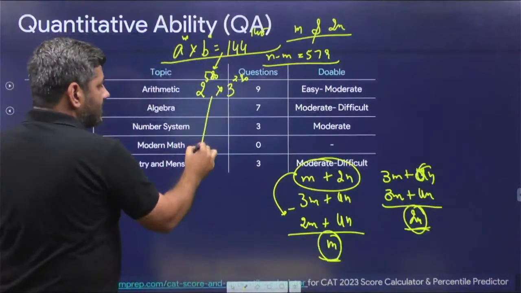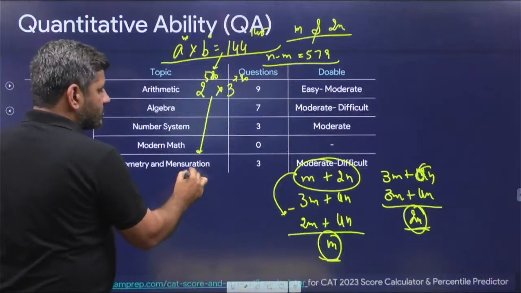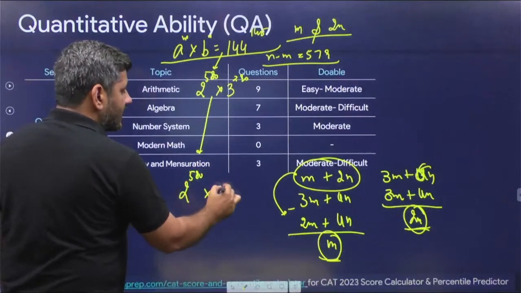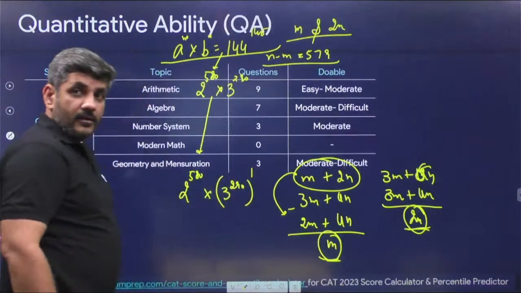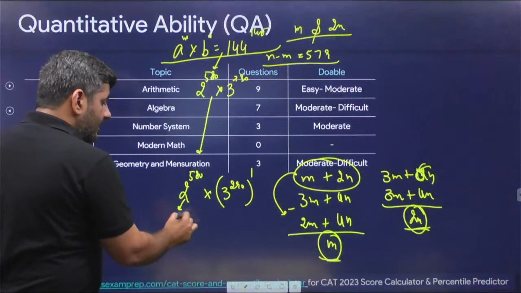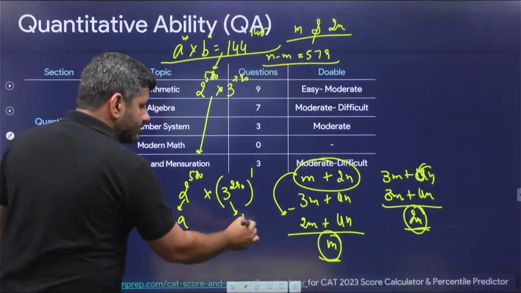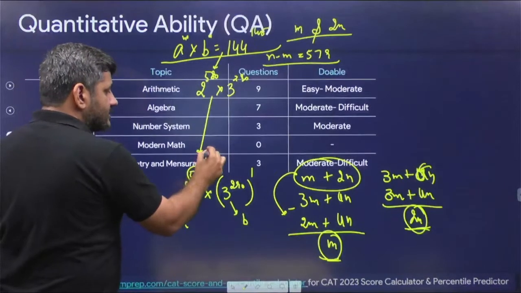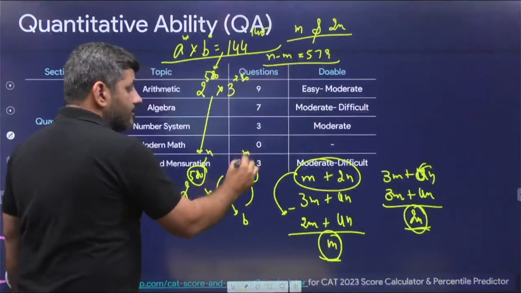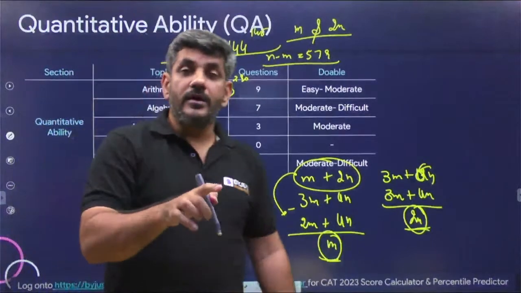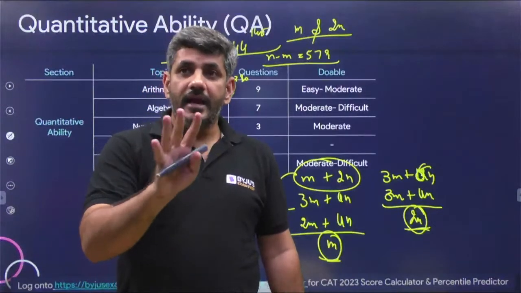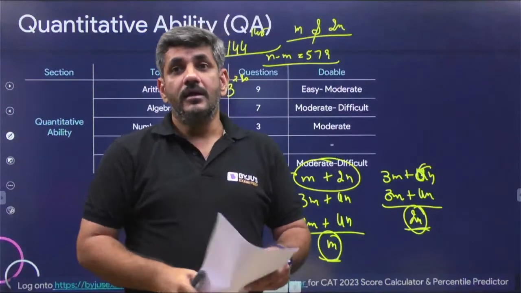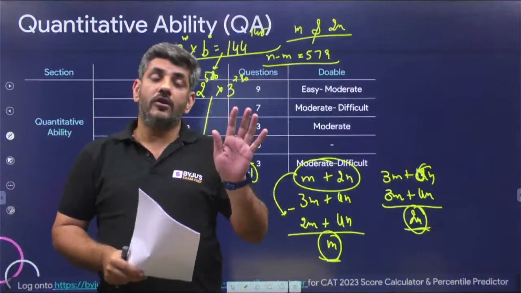But actually, what can I do? I can write this as 2 to the power 580 into, I can write this as 3 to the power 290 raised to the power 1. I can call this A, I can call this B, I can call this N, and I can call this M. A and B were greater than 1. N and M were not said to be greater than 1. It was not given that N and M were greater than 1. And therefore, many of you might have got the answer as 290.